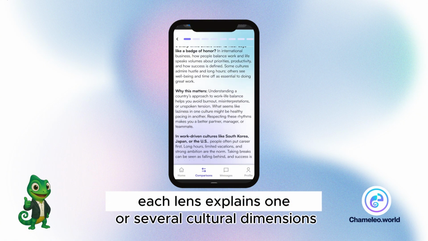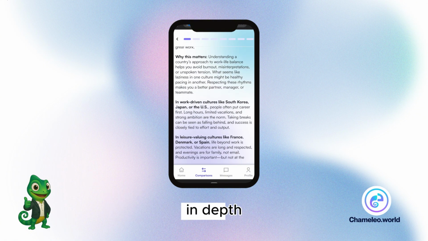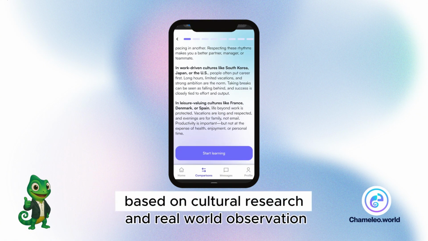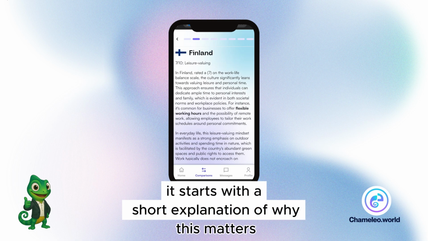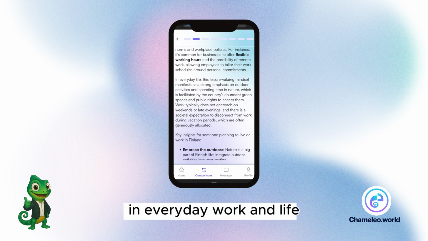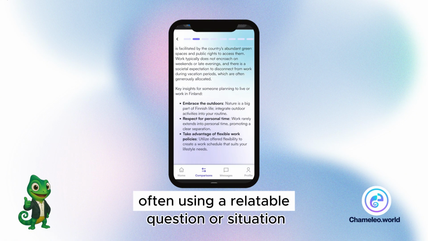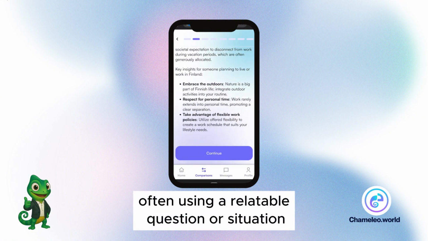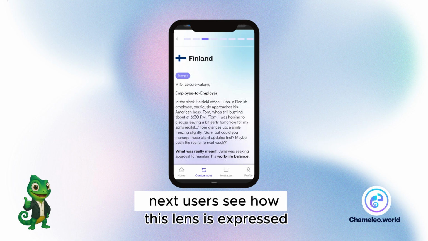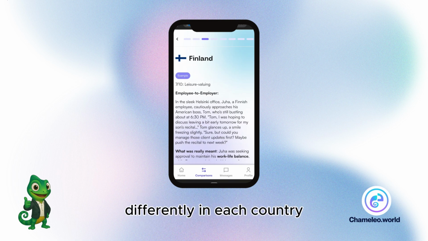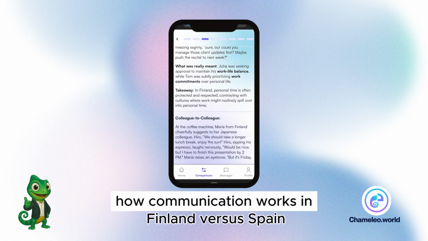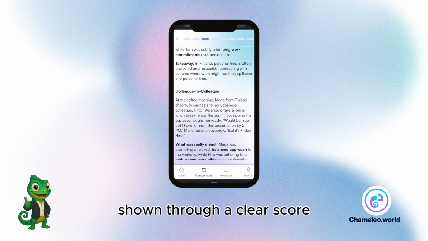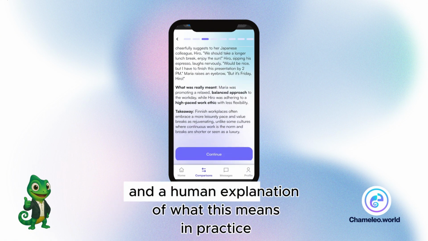Each lens explains one or several cultural dimensions in depth, based on cultural research and real-world observation. It starts with a short explanation of why this matters in everyday work and life, often using a relatable question or situation. Next, users see how this lens is expressed differently in each country. For example, how communication works in Finland versus Spain, shown through a clear score and a human explanation of what